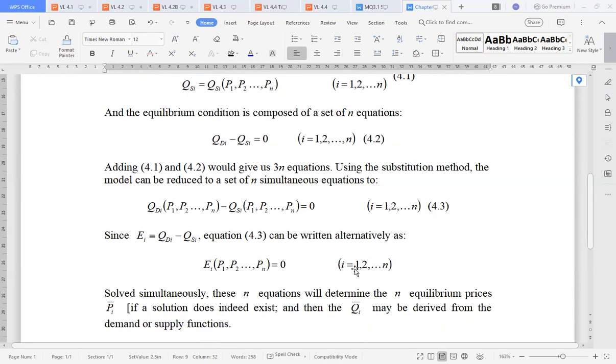Of course, we can still work with three equations using substitution and elimination method. But when you're dealing with n simultaneous equations, medyo mahirap na siya. So we need to develop a new method, a new way to arrive at